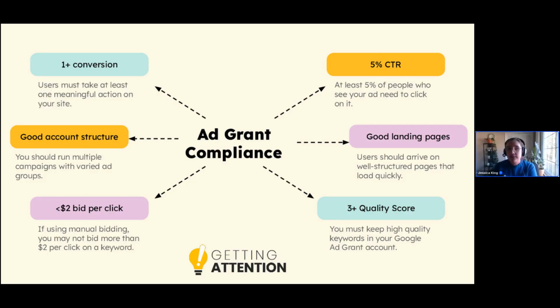These other things are less of a concrete metric and more just things to be aware of when it comes to compliance. First of all, you are not going to get good results in the Google Ad Grant if you do not use a good account structure. What I mean by that is you need multiple campaigns running with varied ad groups. The next question I get a lot is, how many? There is not a one size fits all answer, but what we're trying to avoid is having one campaign where you put your fundraising goals, your awareness goals, and your program sign up goals all in there. It's going to confuse the system. It's not going to have a good time figuring out what ads are best for which audience. So we want to make sure our account is clean and well structured, and that's going to help you get better results from it.